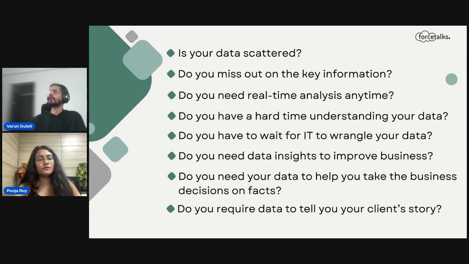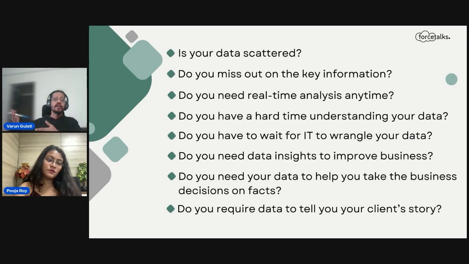So CRM analytics. I know there are a lot of arguments, why not Tableau or CRM analytics, and both can thrive. Tableau as an enterprise BI tool, or CRM analytics, something core to Salesforce. So why would I need to have CRM analytics? Because data is scattered all around. In those 3 years of implementation, I have made so many changes. The data is not consistent. Things are changing. No one takes care of adding a new field. What about the previous records? So there's a lot of scattering, due to which we miss out on key information.